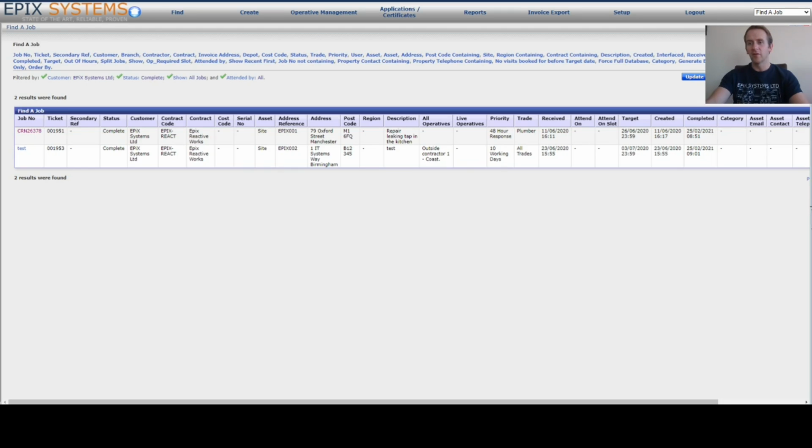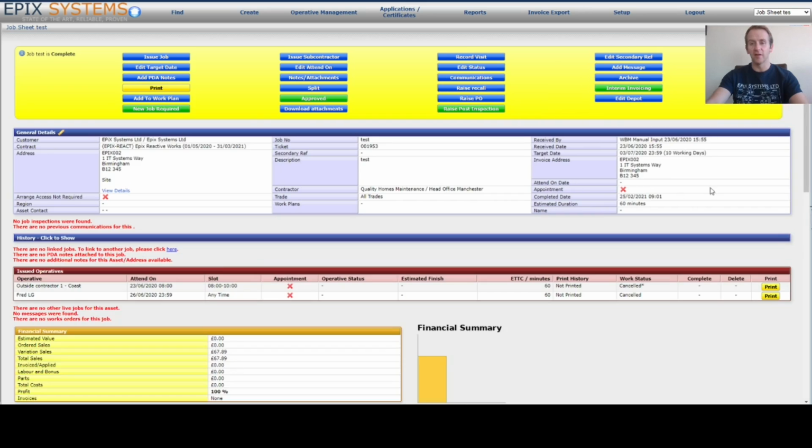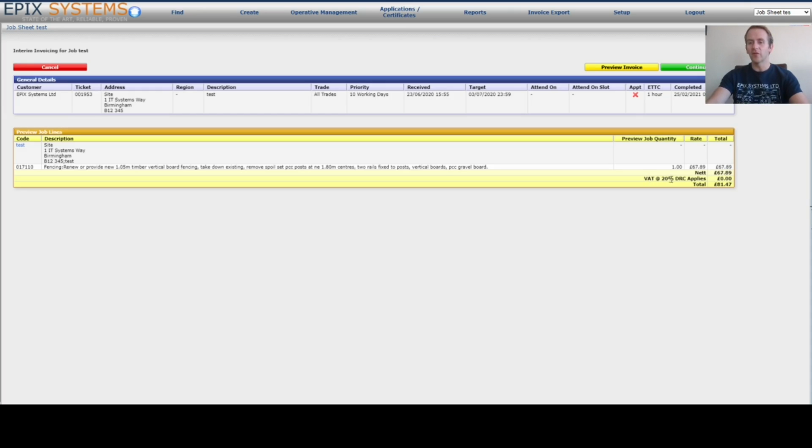If I come out of here and go back into the second job now for the alternative site here, you can see the invoice address is different. This is the invoice address for the site. If I press interim invoicing now, we'll see that we have a different VAT here where domestic